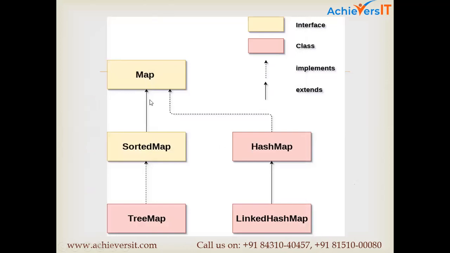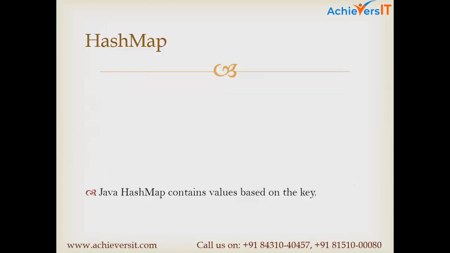See, this is how the Map hierarchy looks: SortedMap, TreeMap, HashMap, LinkedHashMap. Whichever implements, it always implements this Map interface. But whichever is in this green color is itself an interface. When you are calling an interface, then it is always "extends". I'll be explaining this also. I'll be covering what an interface is and how it actually implements and extends. I'll be showing you after a couple of days, maybe, based on the topic.